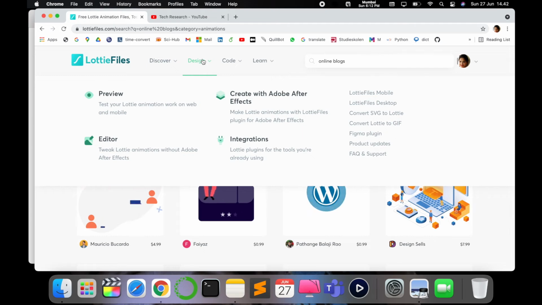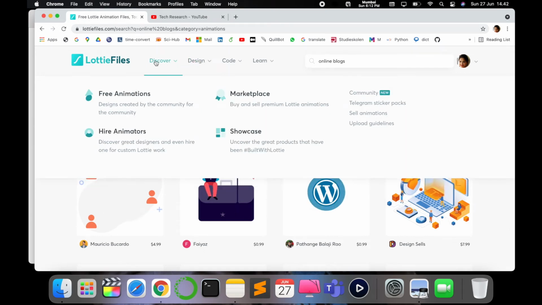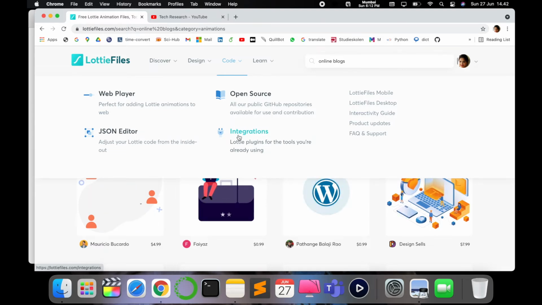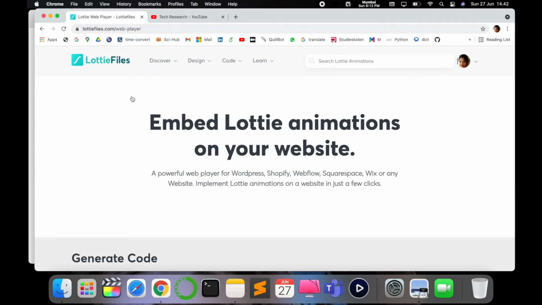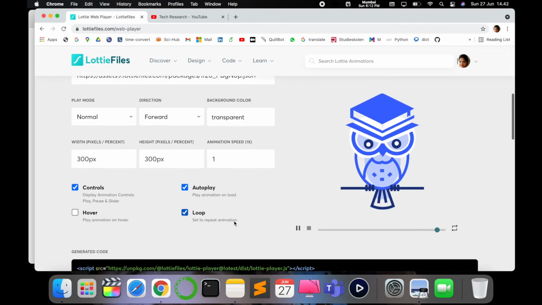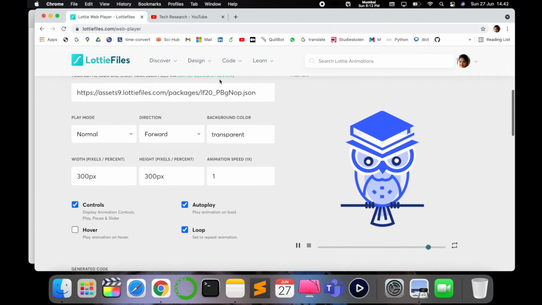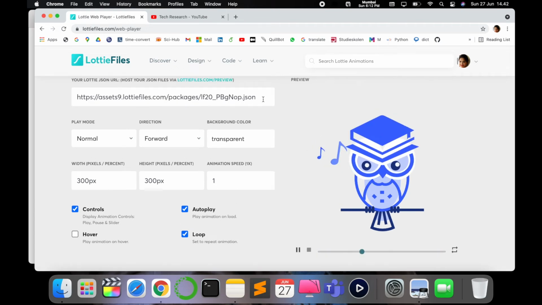The next unique thing which I would like to show you is how you can create your own Lottie file and you can use it for selling, or you can create it for your public GitHub repositories, which can be made available for contribution. So let's add some Lottie animations to web. For example, if we are searching for something which we can embed or generate the code, so you just have to use this LottieFiles. Here is the HTML code they have, or the JSON code, and you can use this